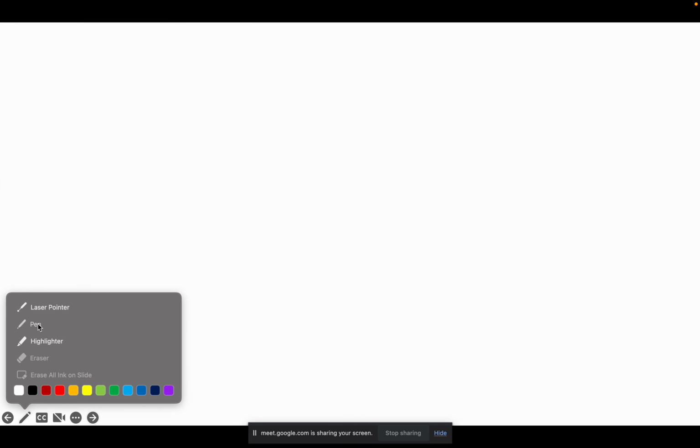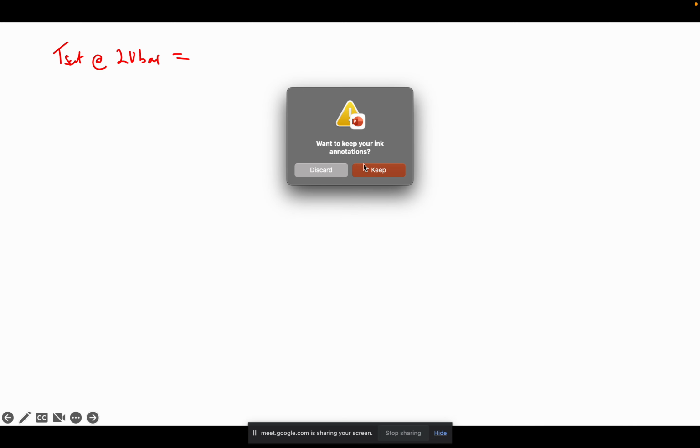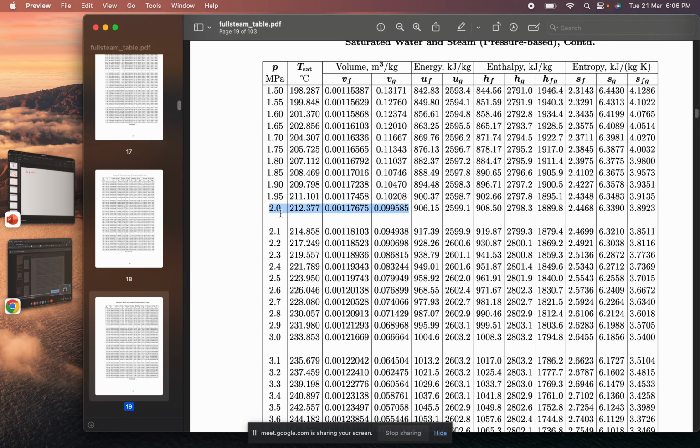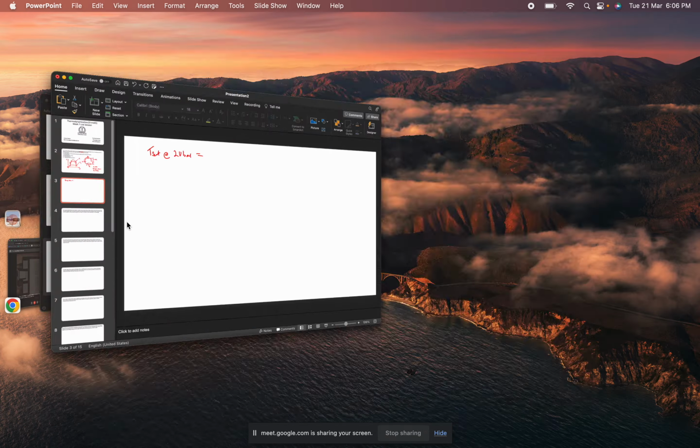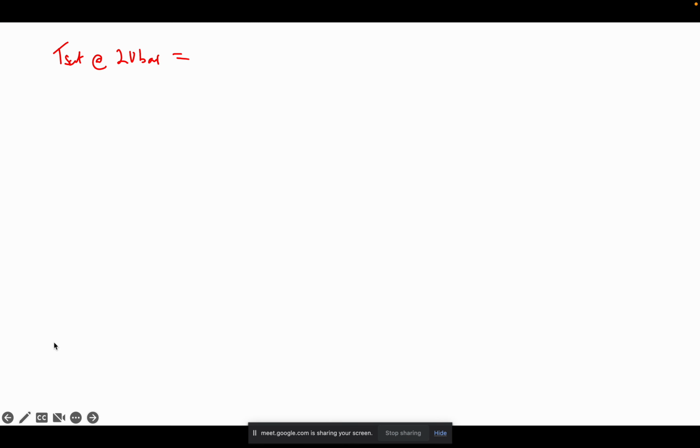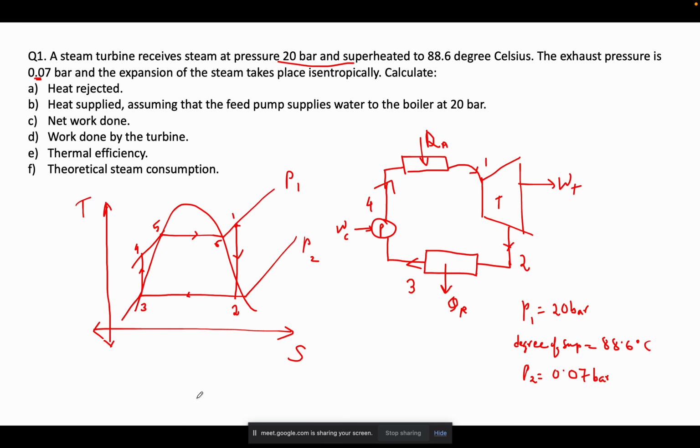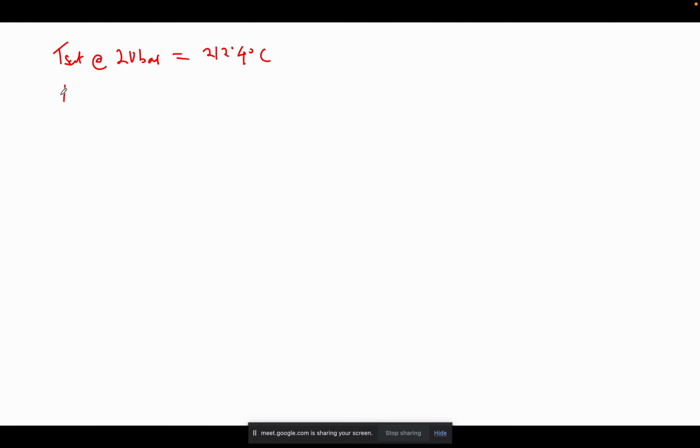So T saturation at 20 bar is equal to how much you got? 212.4 degrees Celsius approximately. Okay, so now we are given the degree of superheat, that's why T1, the temperature at point 1,